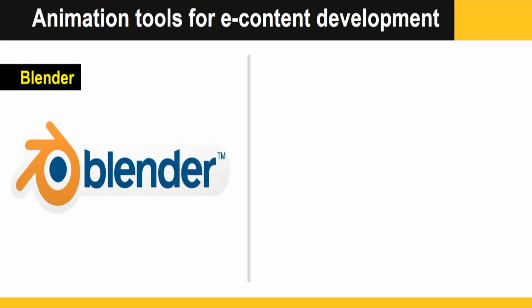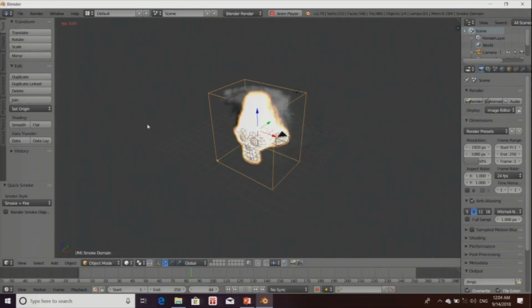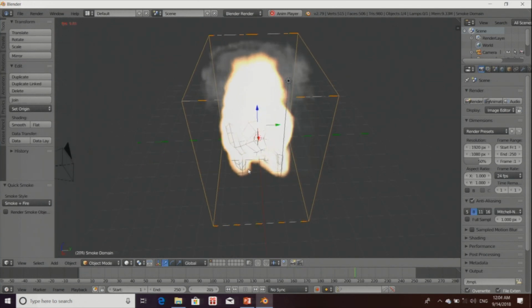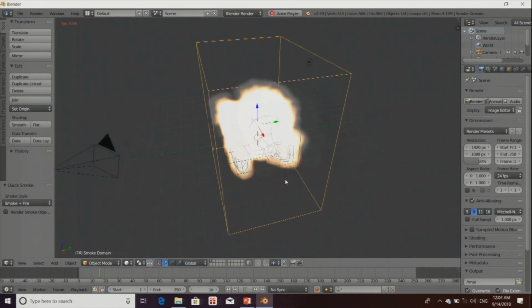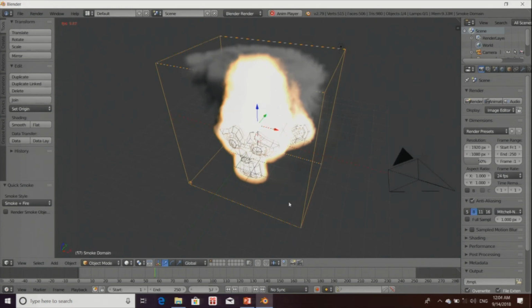Now the main part is your Blender, and some shots I will give you that with the help of this Blender, as you are seeing, it is a perfect replacement of Flash, and with this software you can animate whatever you could have done in Flash, everything you can do with the help of this Blender. And it can be a more interesting and more interactive way also you can prepare your animation.